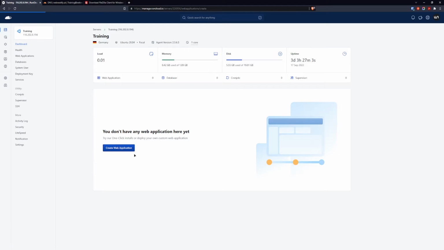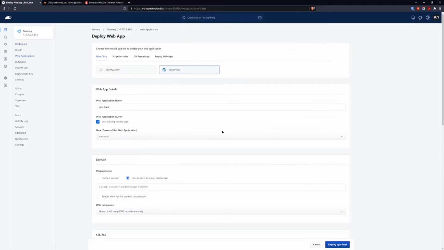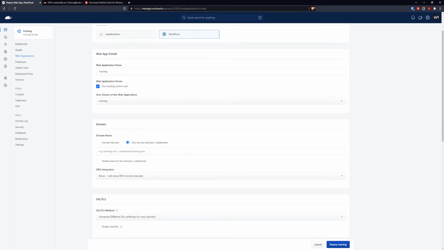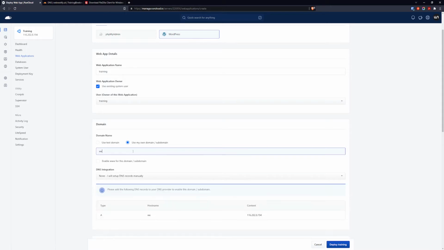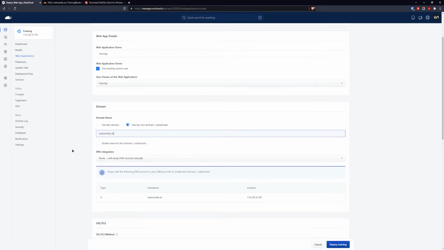WordPress application. So we click this button, create web application, and here WordPress is already selected. We're gonna name it training, and we add our system user that we added in part 1. For the domain, we're gonna use any domain you want to use with your website. For me, it's my training domain, Webnestify.uk, and we can enable www,